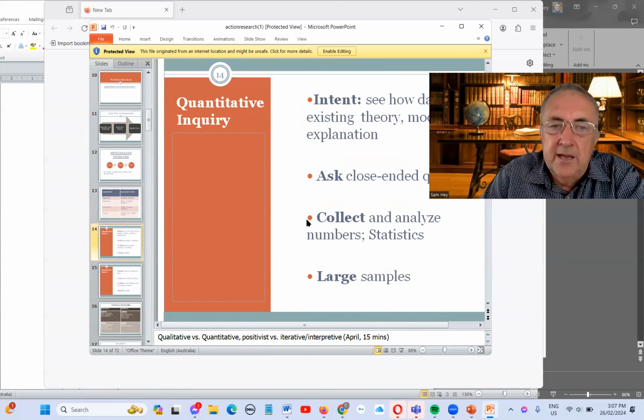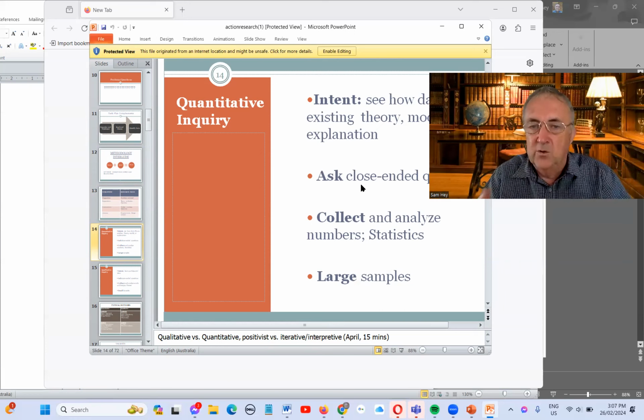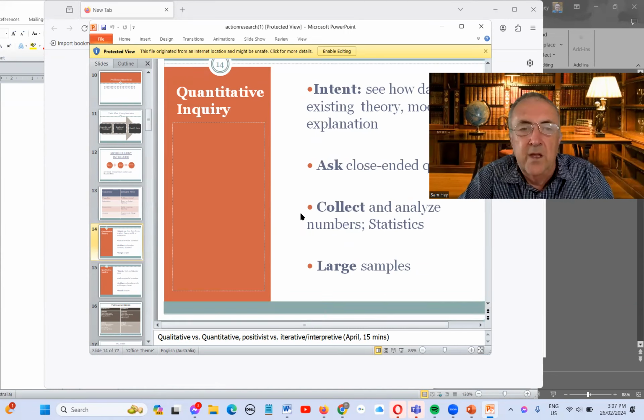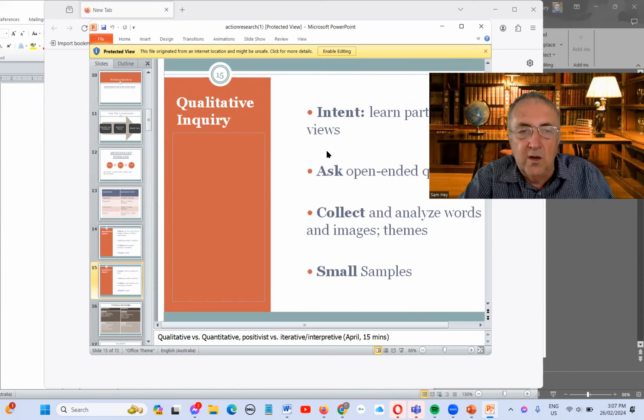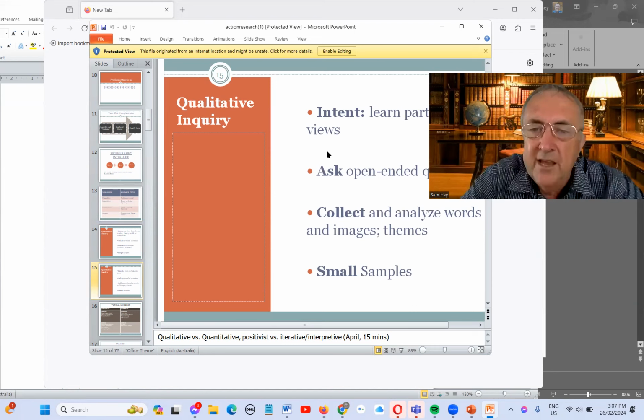We also have to make a decision between quantitative inquiry. We set out to collect quantitative data where people write down that they apply our method in maths and English, and then they write down whether it's successful. The intent is to collect this data. We've got a lot of numbers. We find that 83% show an improvement. The difficulty is that we find it hard to go deeper, whereas qualitative inquiry asks more open-ended questions and says,